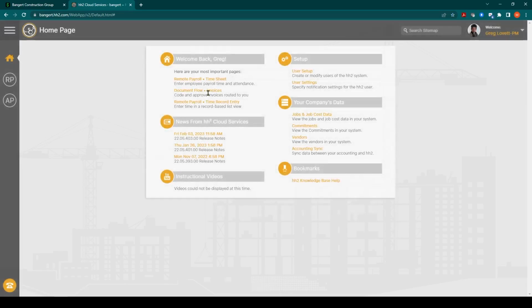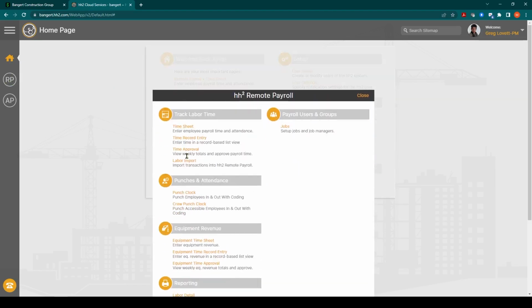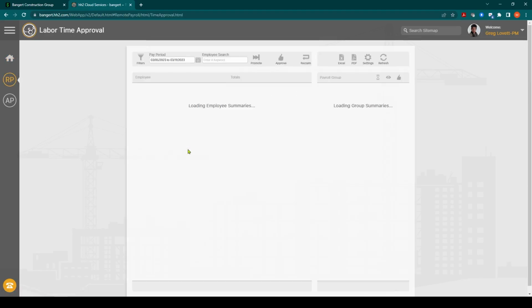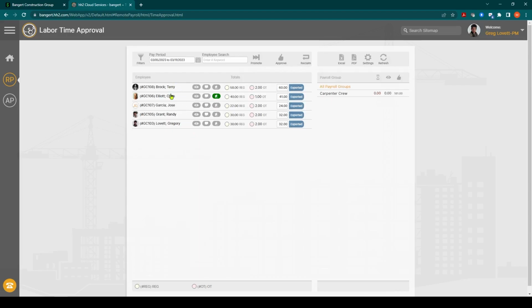Now also there'll be notifications that are available when Greg has time to approve and so forth. So we're just going to go into here and Greg's logged in. We're going to go into remote payroll and click on the time approval option here in time tracking for Greg. So this is where Greg can come in and view the time that he has to approve.